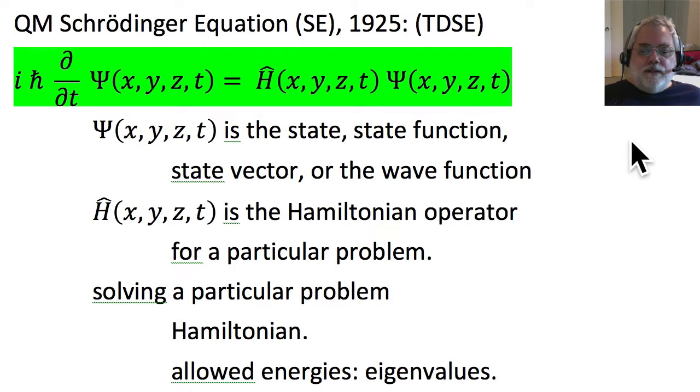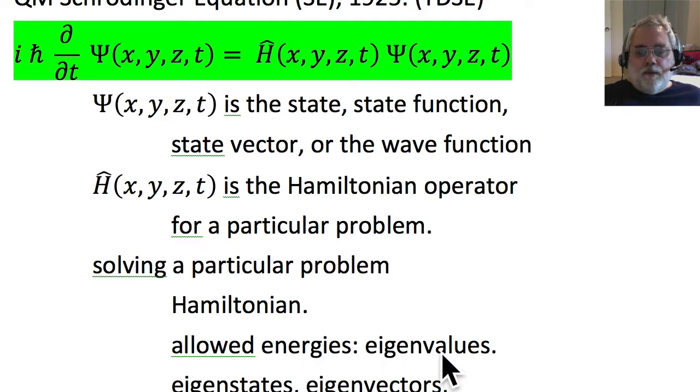So allowed energies have names. We call them energy eigenvalues. Eigen is a German prefix meaning own, O-W-N, or self. So self values that are self to this Hamiltonian, we call them eigenvalues. Been calling that for 100 years, going to call it eigenvalues for the next 100 years. So that's your second bit of street cred, eigenvalues. Another bit of street cred is knowing that it comes from the Hamiltonian.